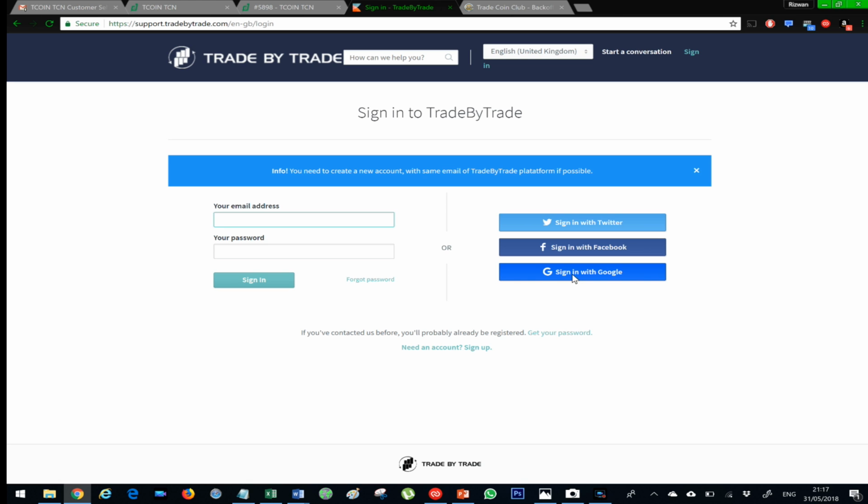But if your email address is not a Google gmail.com email address, you need to open a Facebook ID with your email address or Twitter ID, and you need to use these handles, Twitter and Facebook. Because most people like me have got Google email addresses, so they can use this. I'm just going to log in to my Google. So you click it here,